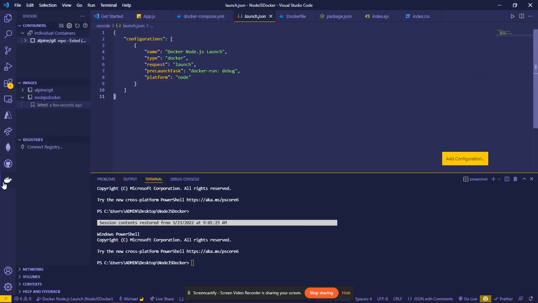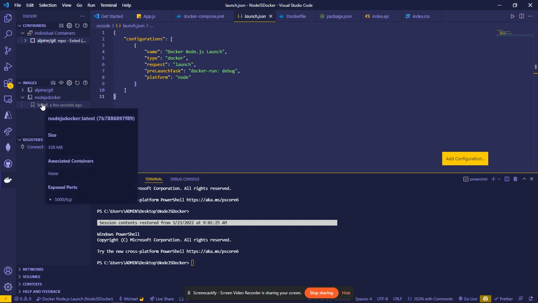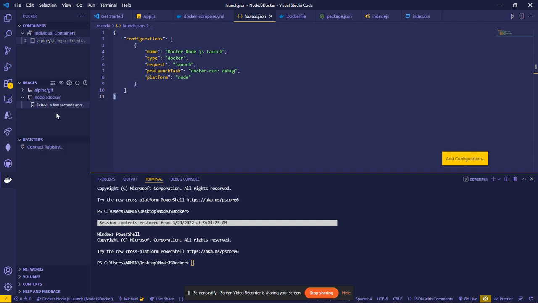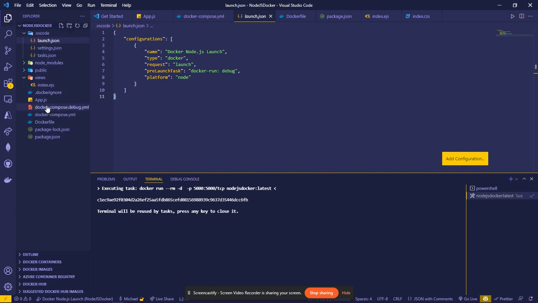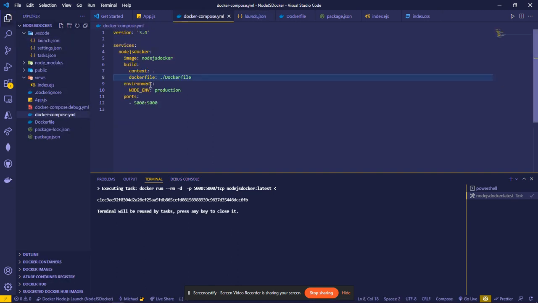So I'm just going to come over here and I'll fire up a container to start the project without debugging, and you can see it calls to port 5000. This is in accordance to the Docker compose YAML file. You can see it points to port 5000. So when this runs to completion,